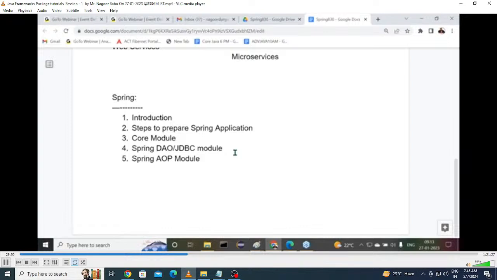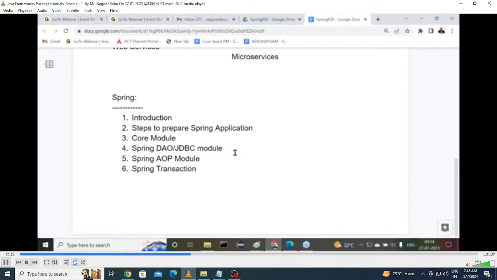Not only that, a number of services are available outside: logging service, maybe security service, transaction service, so many services are available. Middleware services, no. If you want to integrate all these middleware services with our enterprise application, the AOP model provides very good support for us. That's one thing we have to understand here. Nice. After completion of this AOP module, we are going to understand the Spring transaction module. What is the next one here?